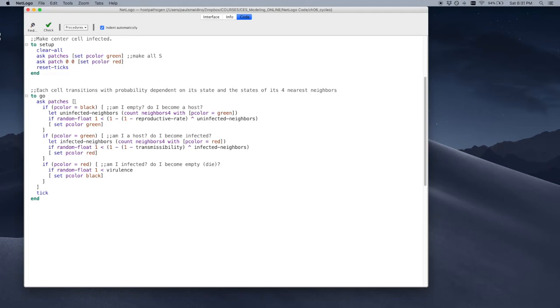Ask patches. Each patch checks its color. If it's black, so if it's empty, it becomes a susceptible host with a probability dependent on the number of neighbors that are susceptible hosts, just like using the equation we just discussed.